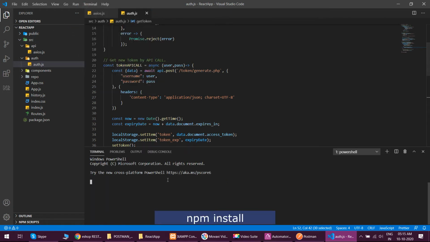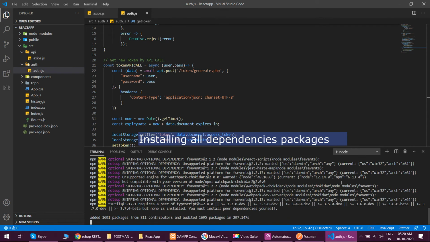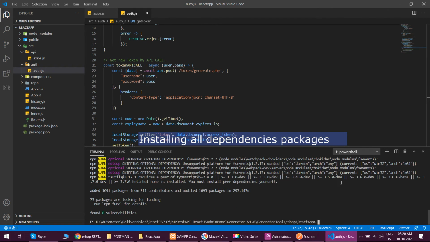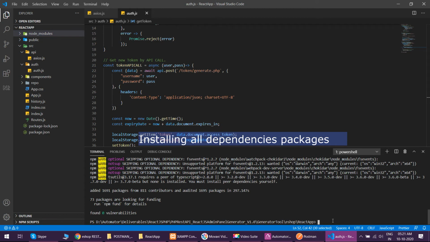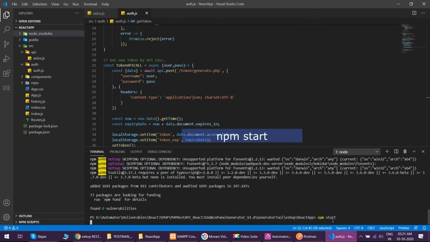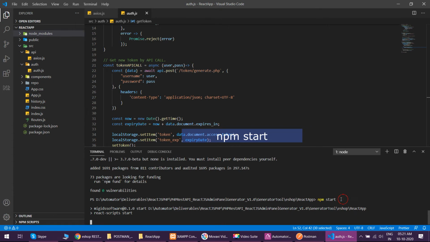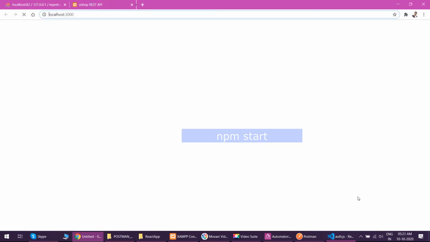To run the application we need to first install all the dependencies using npm install. So I'm going to run npm install in the terminal. It will take some time, so I'll skip the video. So npm is installed, all the dependencies are installed. If you have any error, it will display there, and you can see there is 0. All the node modules are installed in this folder. So we can start our app using npm start. It will start the application at localhost 3000, which is our React.js default port.